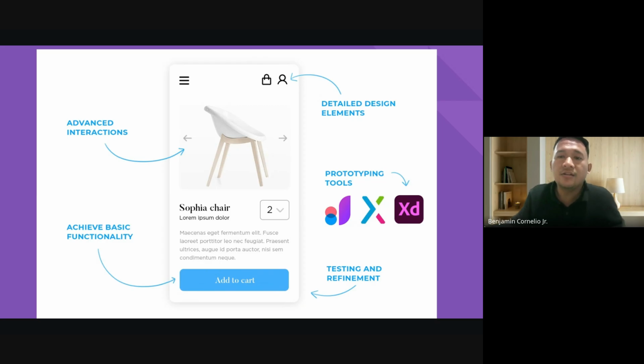So when and how to convert low fidelity wireframe to high fidelity wireframe to achieve basic functionality. Once the basic structure and the functionality are agreed upon, it's time to start adding more details. Maybe your guiding book would be your blueprint, which is your low fidelity wireframe. So detailed design elements begin converting placeholders to actual content and add typography, color schemes, images,